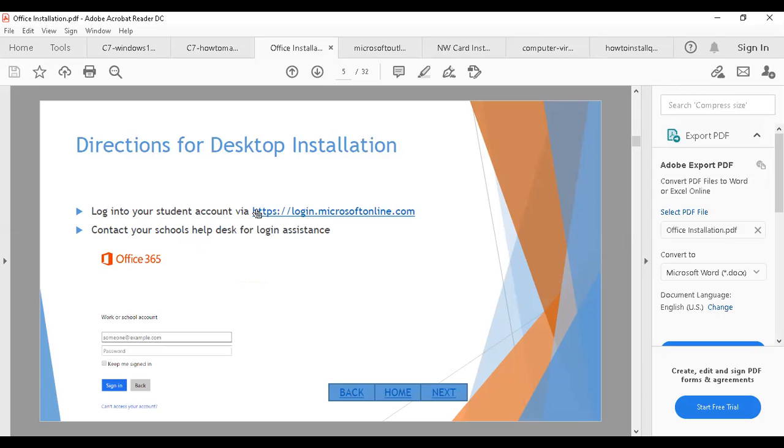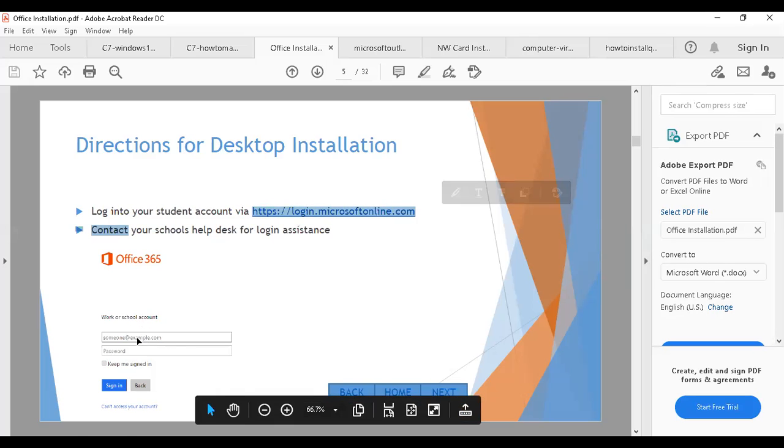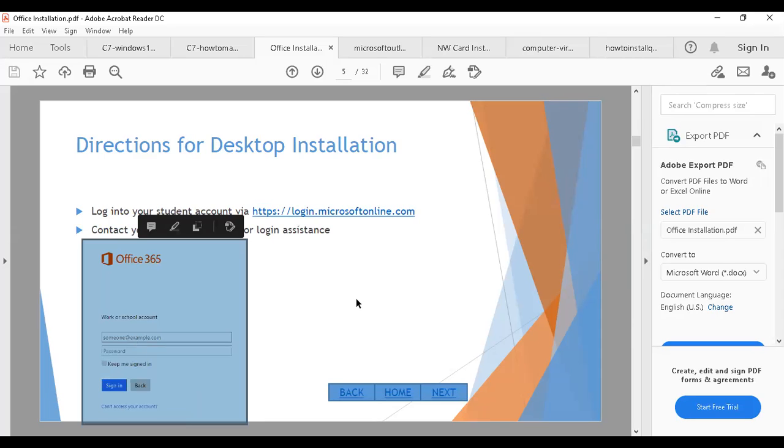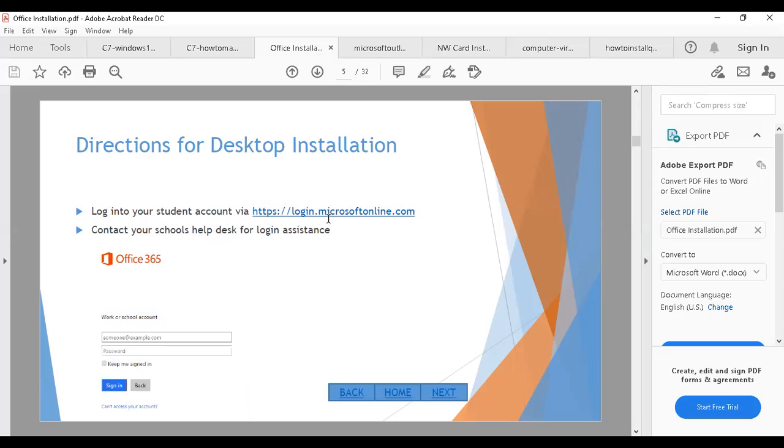Here, you need to visit the site. You need to enter the email address and the password here. Before procuring Office 365, you need to give the email ID to the service provider who is selling the Office.